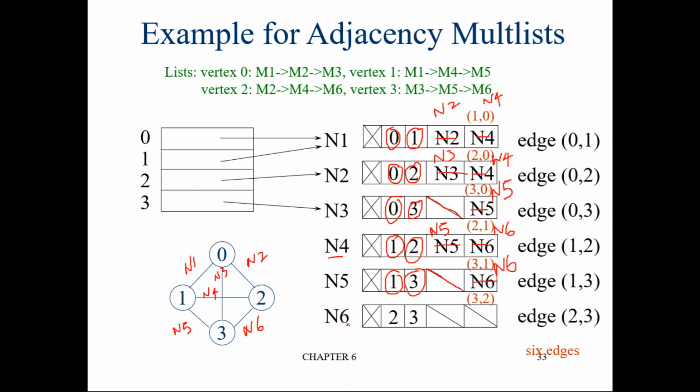Right? Now we have reached the last edge. So 2. Go down and check is there any 2. There is nothing to go down. So fill up with null. Okay. Again 3. Go down and check whether any 3 occurs. There is nothing. So fill this with null. Okay. So this is how we got these edge numbers here.